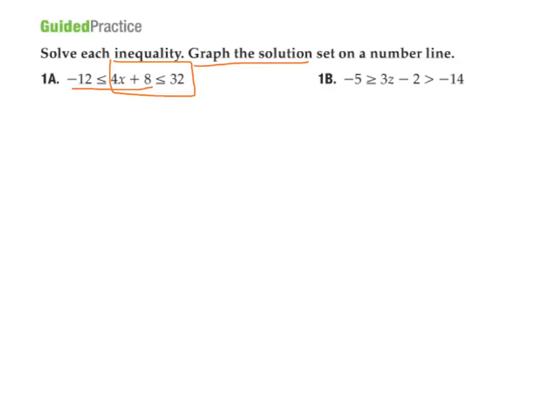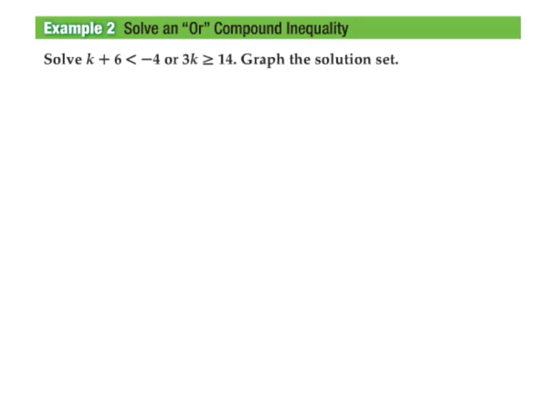Okay, let's move on to example 2. So in example 2, we're going to start to look at and solve OR compound inequalities. So just remembering what we've talked about already, AND compound inequalities need the solutions to the 2 inequalities to overlap. Okay, the full solution has to work for both of the 2 inequalities. In this case, we're going to solve both inequalities just like we did before, and we're going to graph